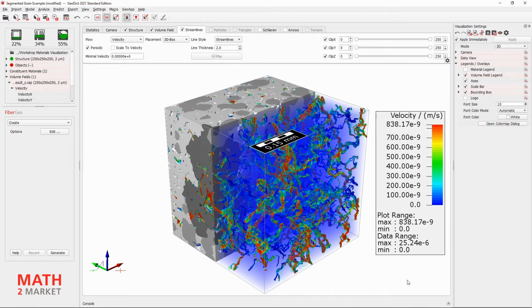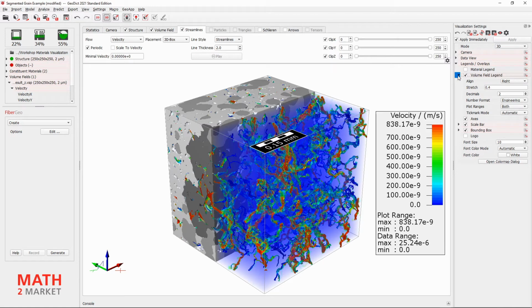To do this, we open the volume field legend 3 in the visualization settings by clicking on the arrow here.